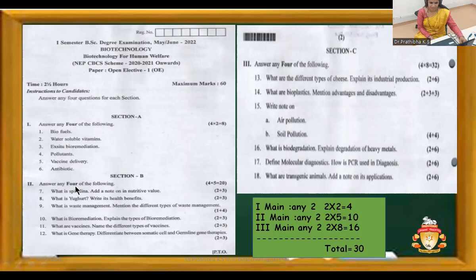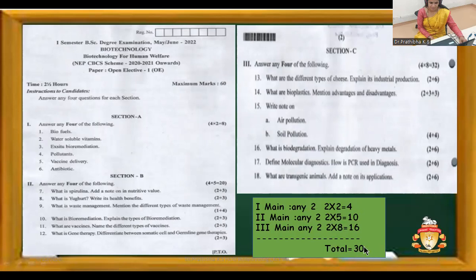Section B, here you need to answer any four. Each question carries 5 marks. Section C, any four you need to answer. Each question carries 8 marks. Okay, so this is the pattern of the question paper of the main examination for 60 marks, but you're writing the internal